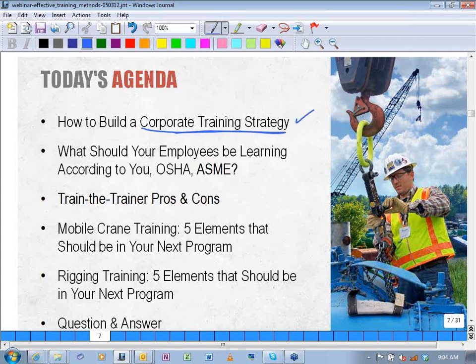That's building a corporate training strategy. And we'll show you what we think are steps that we've had clients take over the last couple of decades. Some have been successful, really successful, and some not so successful, and we're trying to glean from all of that and help streamline it for you so that based on your corporation, organization, your approach, how is it going to best serve your activities? And frankly, from our perspective, certainly we always want to attend to how the legal aspects